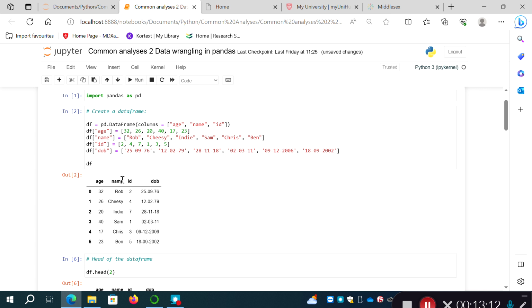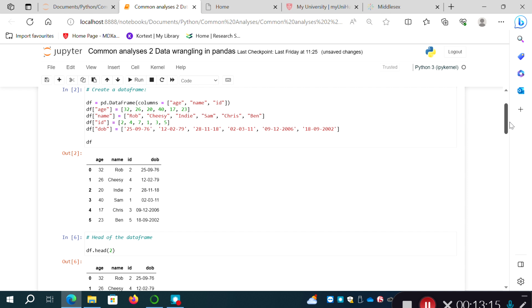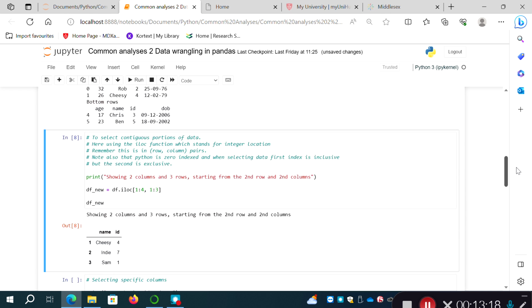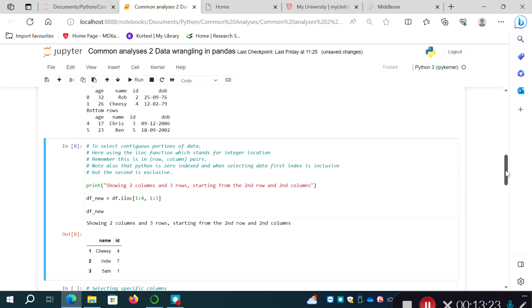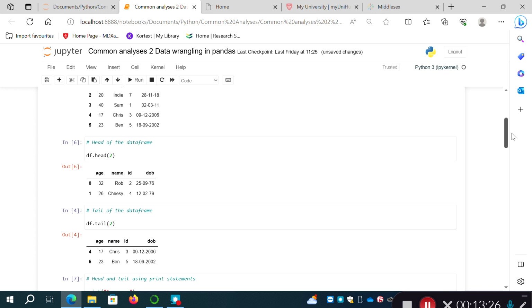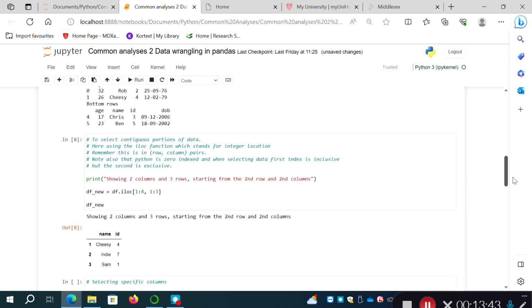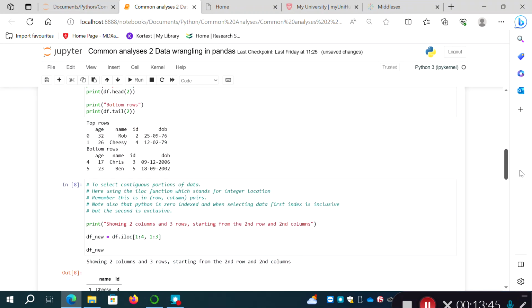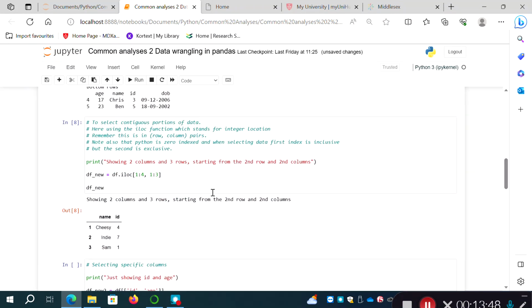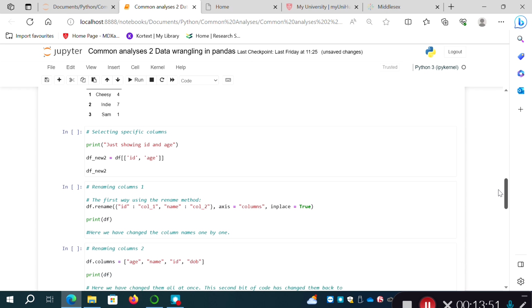0, 1, 2, so we're getting name and ID, and we're getting rows 1, 2, and 3, and remember that's 0 indexed, so it's given us basically these two columns, and just these 3 rows, sorry. We asked for rows 1 to 4, so rows 1, 2, and 3 are returned. Okay, right,